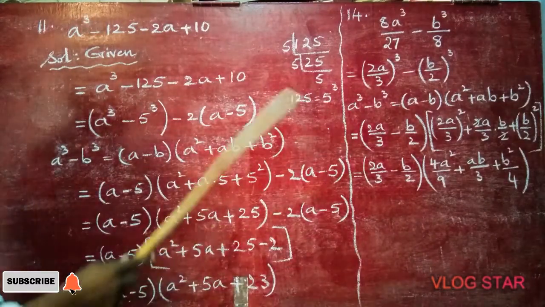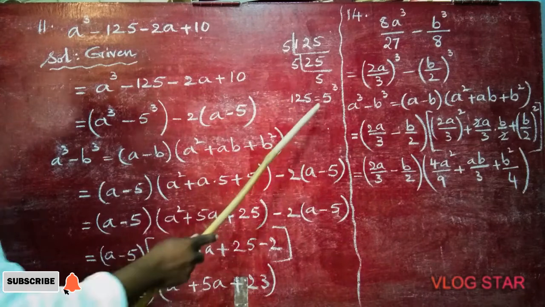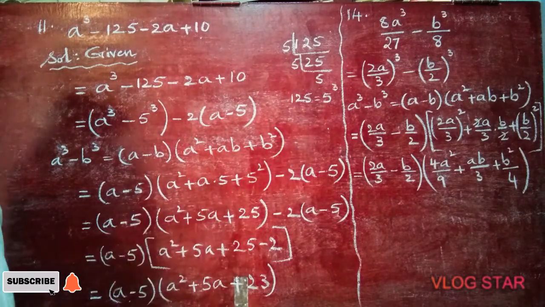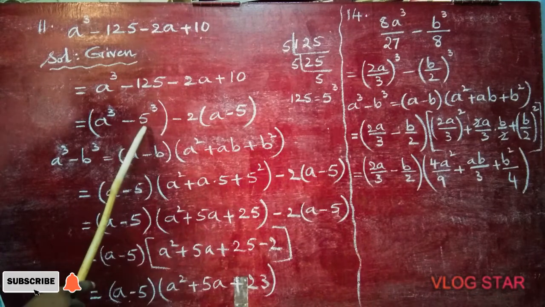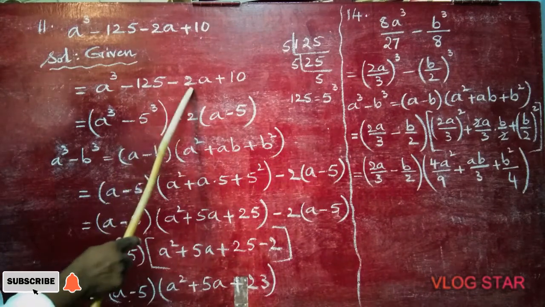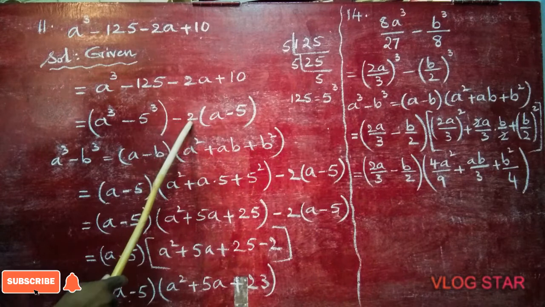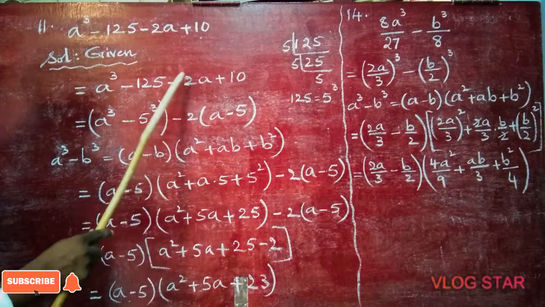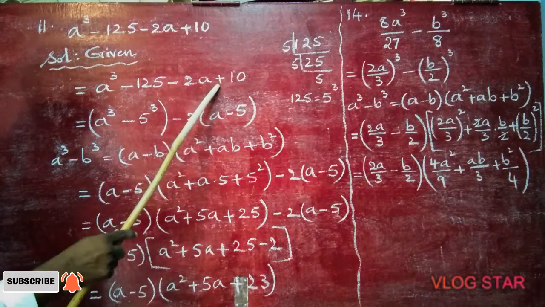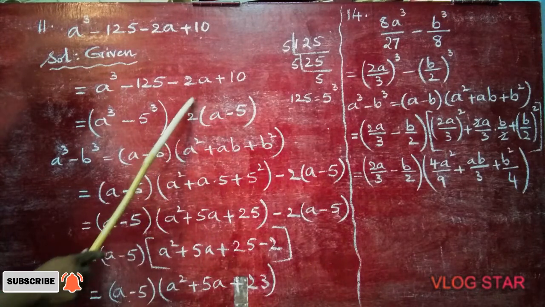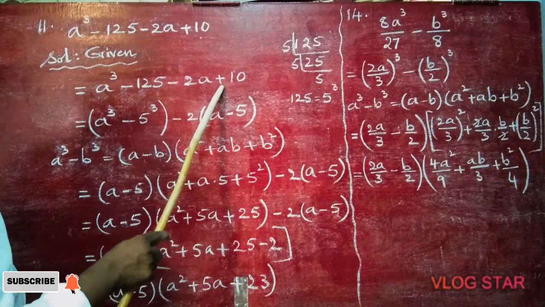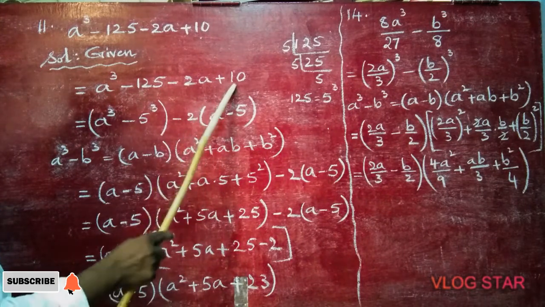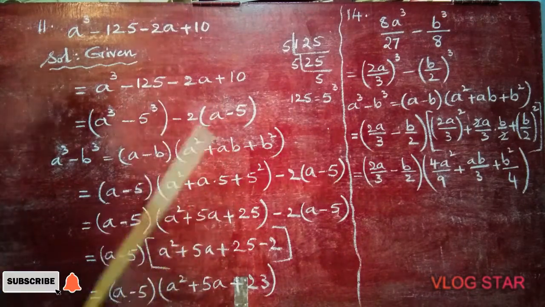In this way, you have to find factors. This is part and parcel of the problem. So we change 125 as 5 cube. And from the next two terms, I am taking minus 2 as common. Quite opposite, minus becomes plus, plus becomes minus. So minus 2 came outside, a is left. When we are taking minus common, plus becomes minus. 2 goes in 10 5 times.